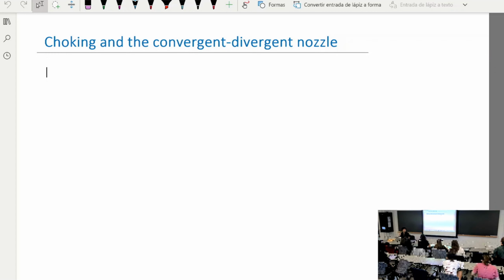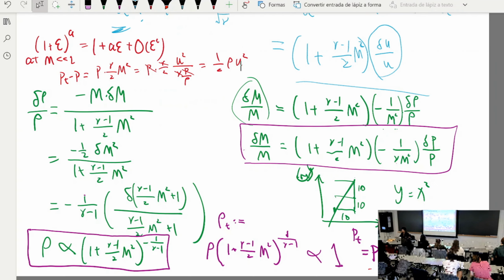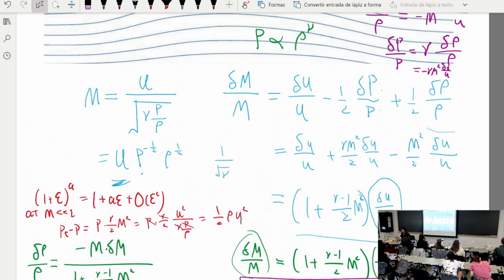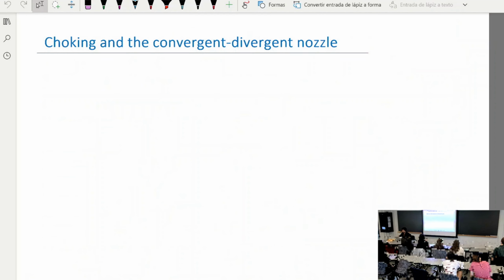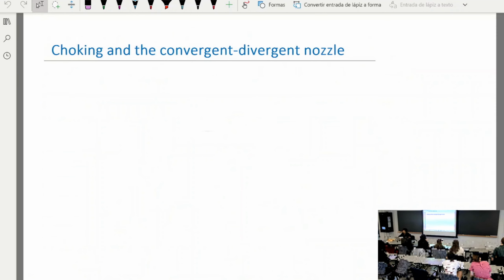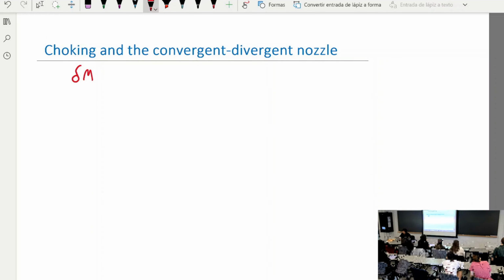But before we apply this relationship to a convergent divergent nozzle, we need one thing more that's going to be derived using exactly the same kind of logic, using fractional sensitivity. So that is how we related the Mach number. Let me just copy the stuff here. So Mach number is equal to 1 plus gamma minus 1 over 2 M squared times delta u over u,